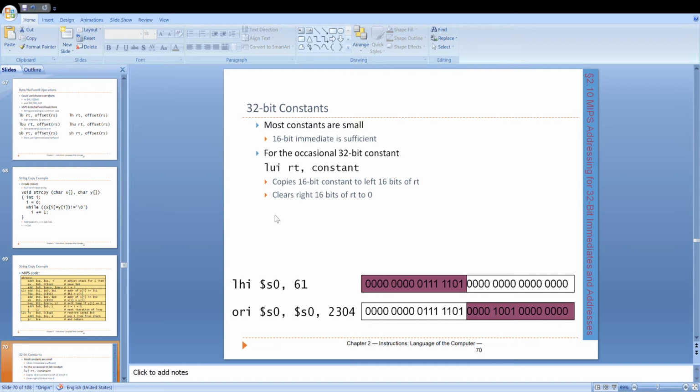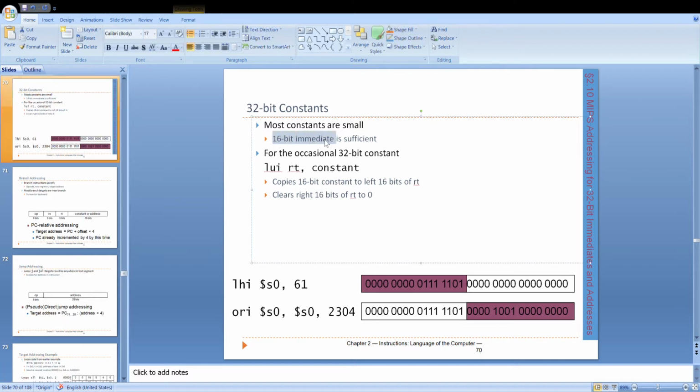So this is just to say, if a programmer has to load a 32-bit constant, we have the immediate version, the I-format of instructions, where you can have a 16-bit immediate. In many cases it's okay, but there are cases where we're going to need a number bigger than 16 bits. In that case, what do you do? You use load